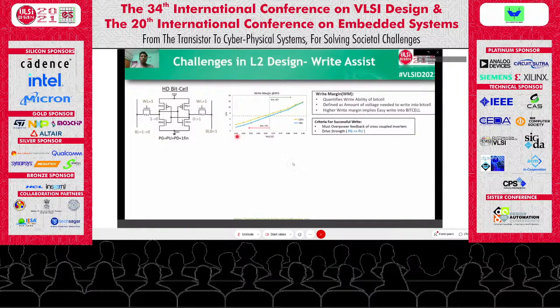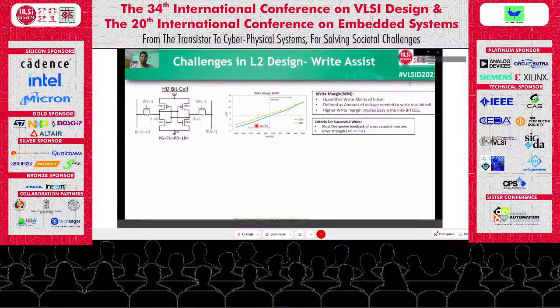So here on the x-axis I have the voltage from 0.45 to 1 volt and on the y-axis I have the mean by sigma. What this graph is telling is basically whenever my voltage is above 0.7 volt, we can see my mean by sigma is 7. That means I am able to guarantee the 7 sigma yield. Similarly, when the voltage is below 0.7, the mean by sigma is less than 7. That means I will not be able to guarantee the 7 sigma yield, and we will require the assist